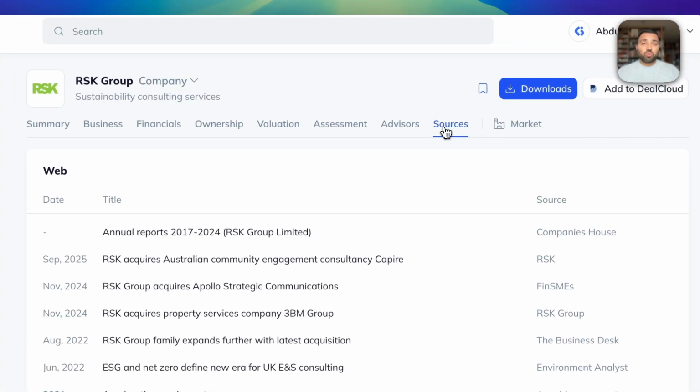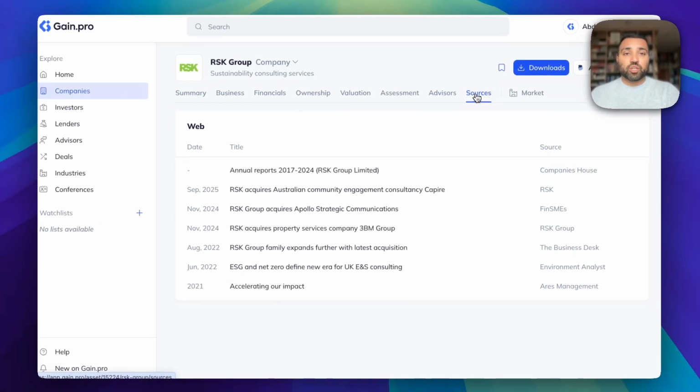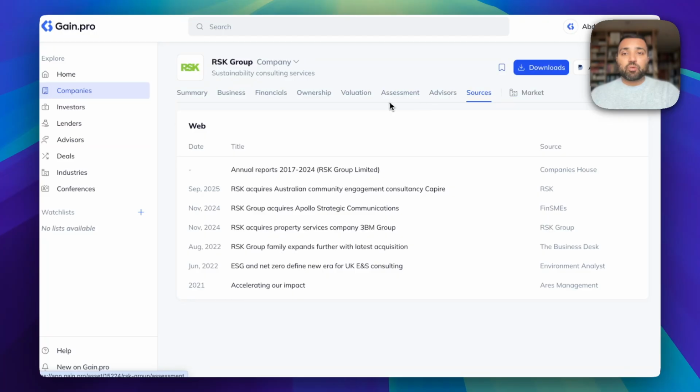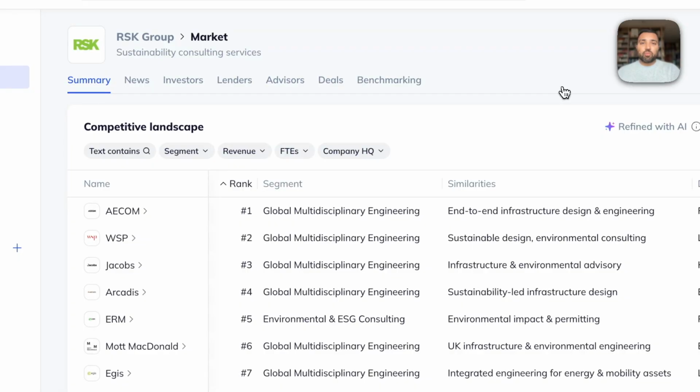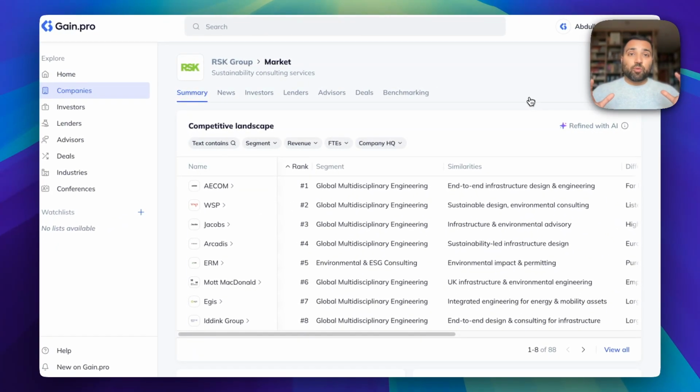Now, as I've said, all of our sources are available if you want to go deeper, but these provide the core of the company level research. However, if we head over to the market tab, now we can zoom out, and we're moving away from saving hours of research to days of research. So we're able to place